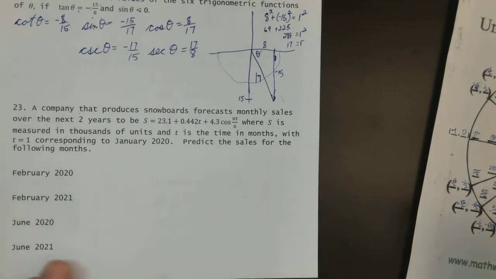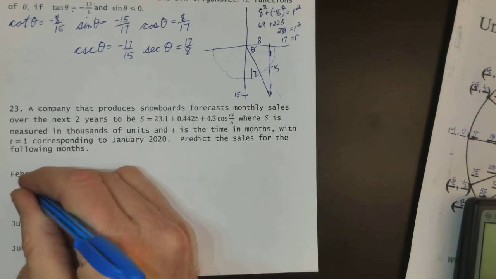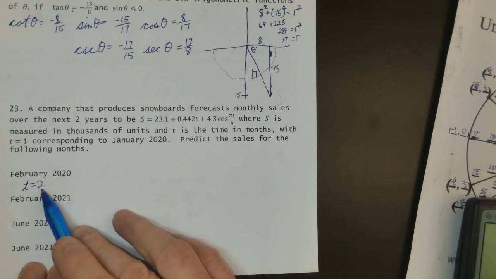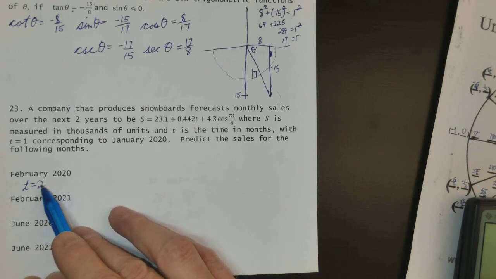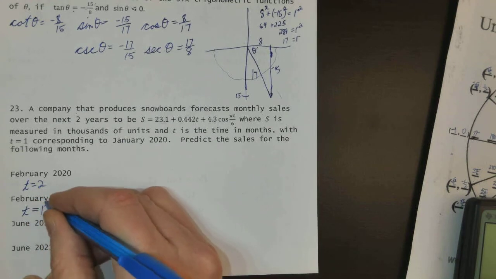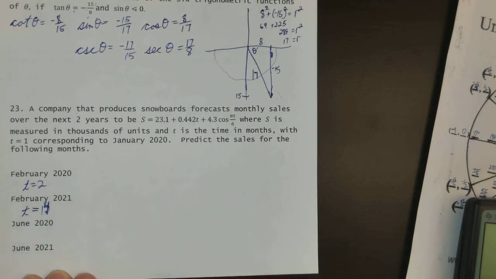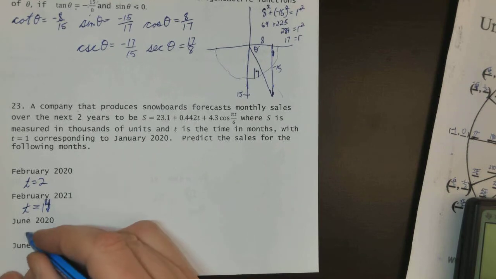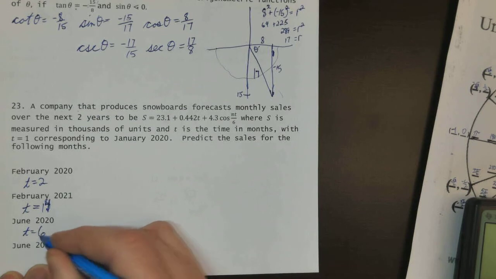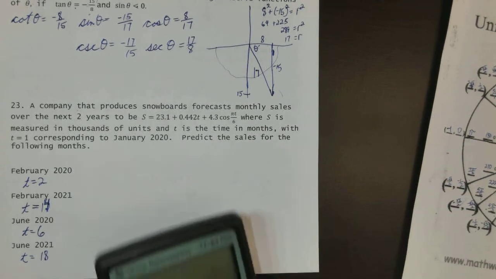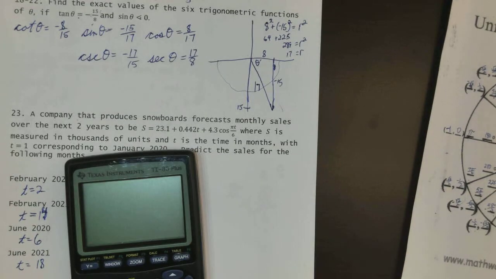Okay, February, that would be the second month, so I'm going to write t equals 2. We're just going to predict the sales. T equals 2. I think here, let's add 12 to that, 12 months. That would be t equals 14. January, so June is the 6th month. So let's go t equals 6 here. In June 2021, 6 and 12 make 18. All right, so we just got to plug that in